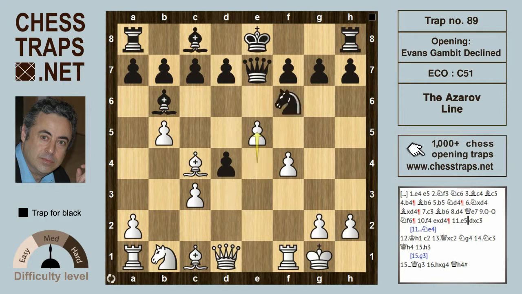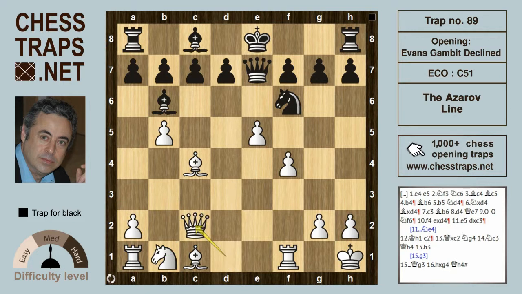If instead, though, d takes on c3, that's check, as the bishop on b6 has been unleashed. So king into the center, and now c2. Nice idea for black, forking the queen and the knight, giving up that pawn, but in so doing vacating the g4 square for the knight. So after queen takes on c2, now the knight chooses to go to g4, and if white continues knight c3,